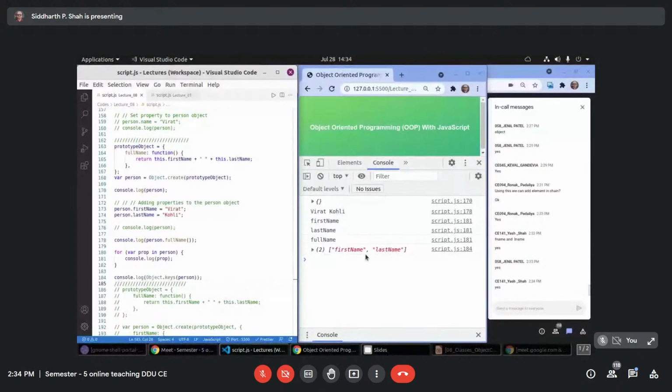See, only these two properties, no full name, because full name is part of the prototype. Are you getting it?